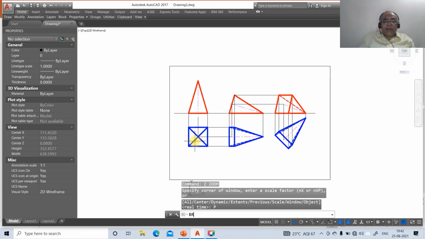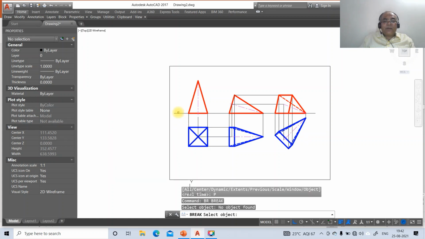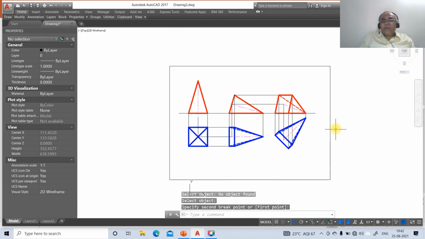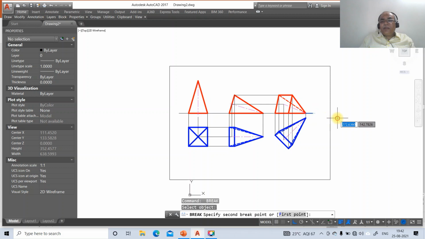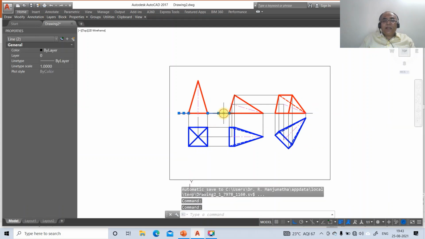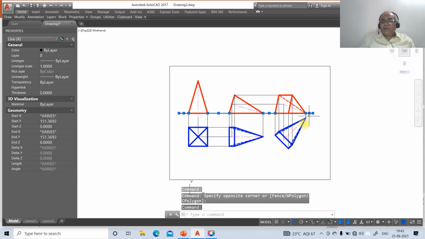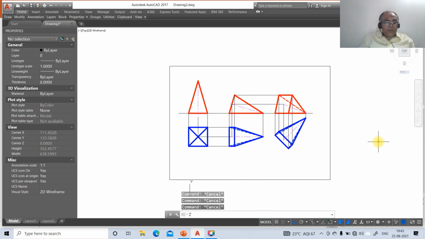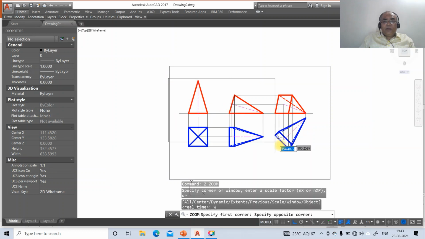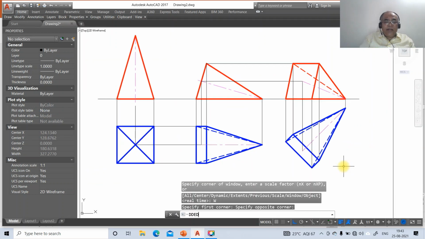Then go to break, select this and break it on this side. Similarly, you break this on here. Now you just click over this and you take this line and you take this line, and similarly you take this line. Go to layer, make that layer as XY. So once you do that, then go to zoom window, select this, then go to DDIM